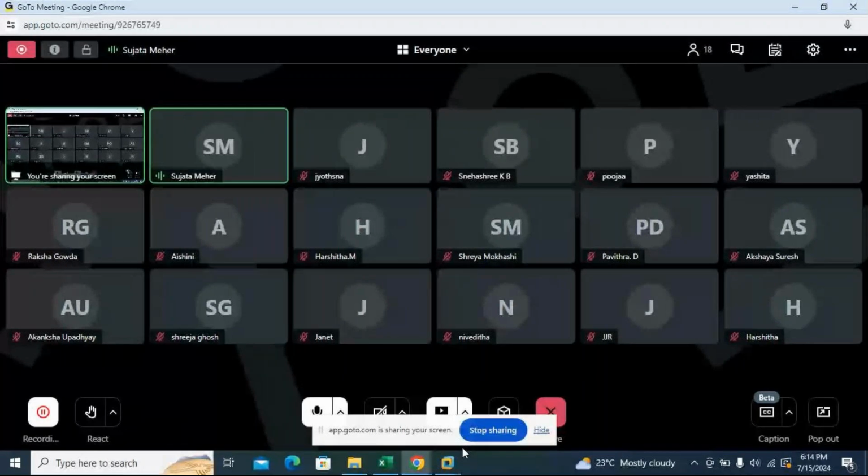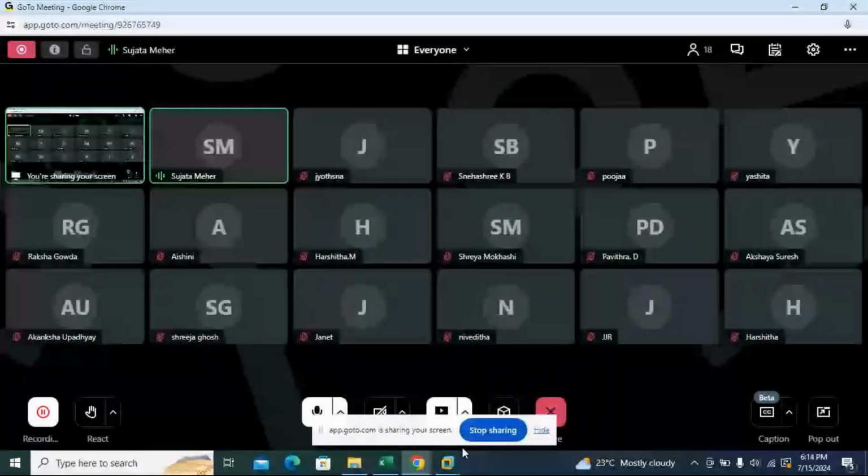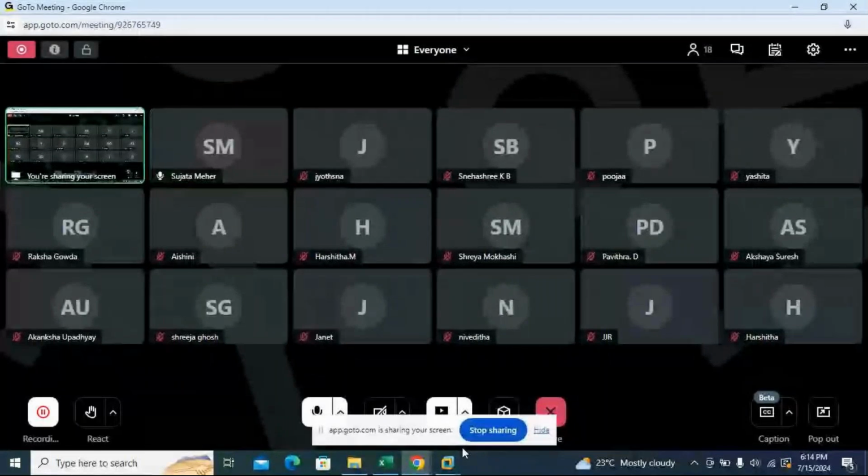After that, right click on the ECC. The second option is there, no? On the left side, ECC. Right click and click on start.